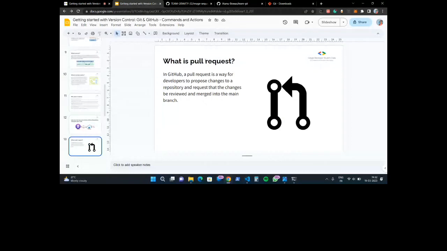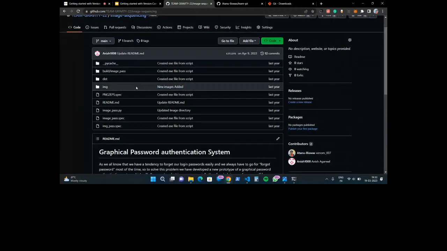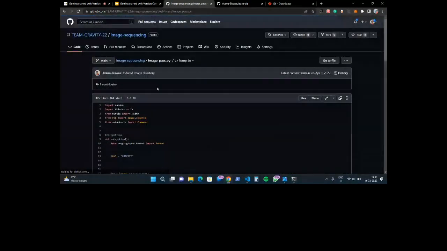Next, what is a pull request? In GitHub, a pull request is a way for developers to propose changes to repositories and request that the changes be reviewed and merged into the main branch. Let me explain what it is. For example, in this repository, in this software, I open this code and I think that this logic or this function can be written more perfectly, or I can make a change in this code. So what I can do,